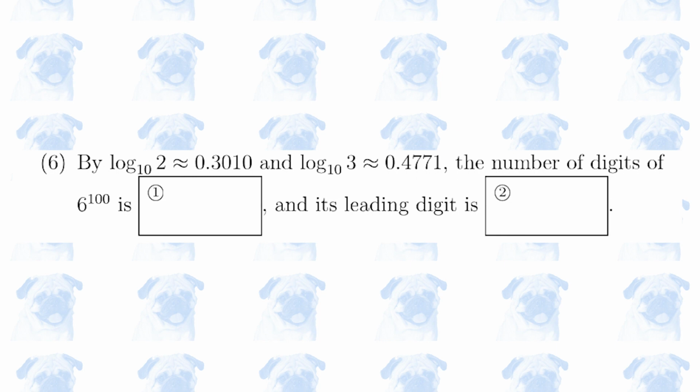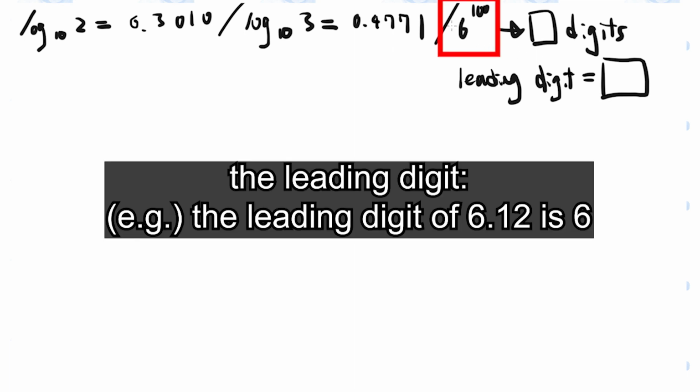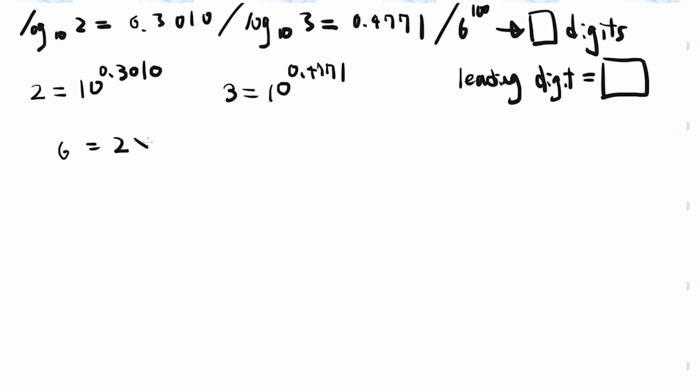Section 1, number 6. In this question, we are given two approximations, and we need to find how many digits this number has, as well as its leading digit. From the first approximation, we know that 2 is about 10 to the power of 0.3010. Likewise, 3 is about 10 to the power of 0.4771, and 6 is 2 times 3, which is 10 to the power of